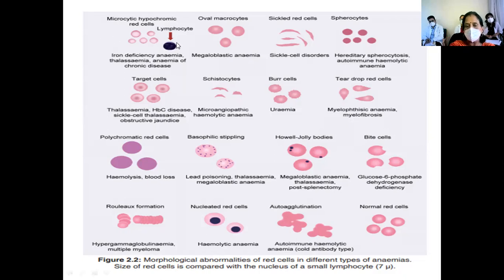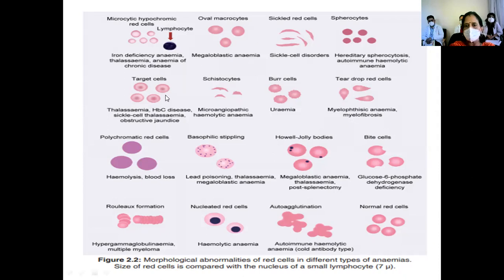One more PPT will be presented to you, which shows all these abnormal cells, but let me quickly go through it. So this is microcytic hypochromic. This is a lymphocyte. Compare the cells, they're smaller, microcytic. These cells, compared with the lymphocyte here, are larger, oval macrocytes, seen in megaloblastic anemia. These are sickle shaped red cells. These are spherocytes. They're usually smaller, round, no pallor at all.